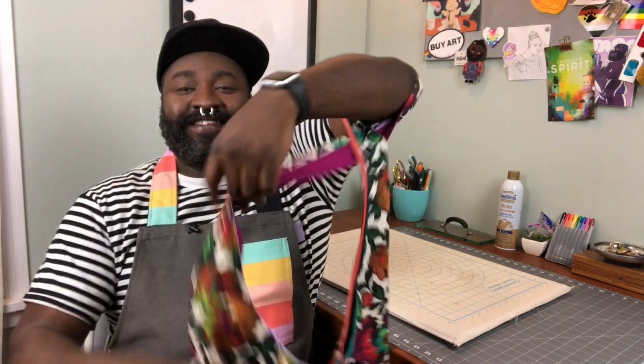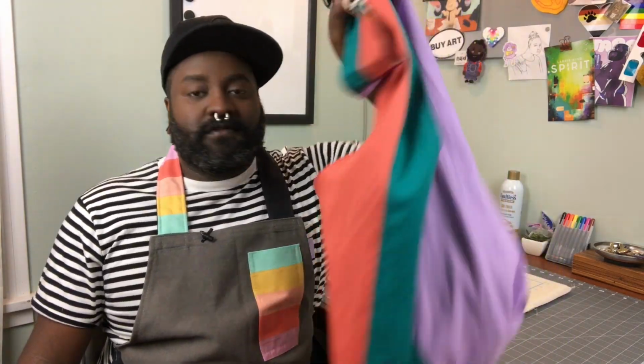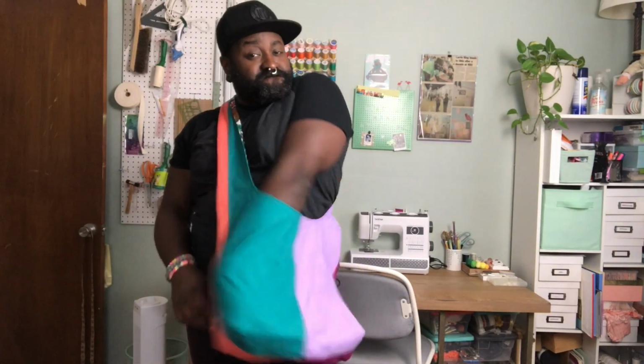Y'all, I was not sure this was gonna work out, but it did! This is a really cool bag, I think. It's certainly a unique bag. It complements my apron so well. Isn't that mysterious? I'd love to see if you attempt this project on your own and what fabrics you use